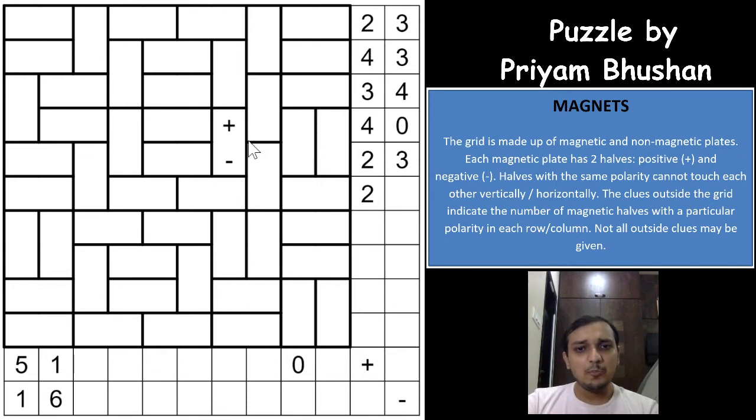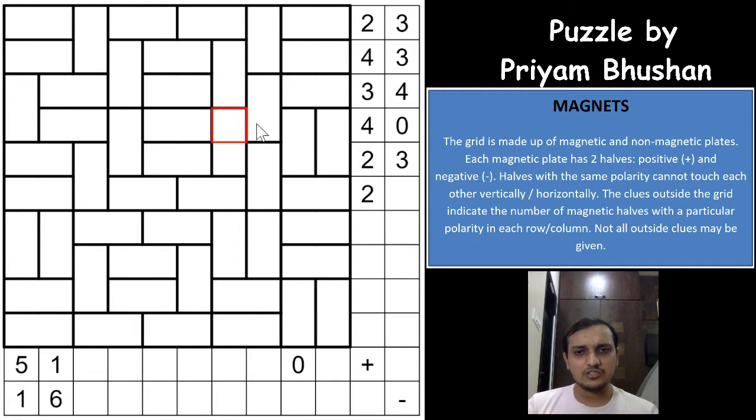One more thing is, usually in magnets, if you know the rule of the magnet, opposite poles attract, right? So the opposite poles attract. The same way it works here. You cannot have two positive symbols adjacent to each other. So if you have a positive here, and this region is said to be a magnet, then it should have a negative pole here, right? So that is what the rule says.